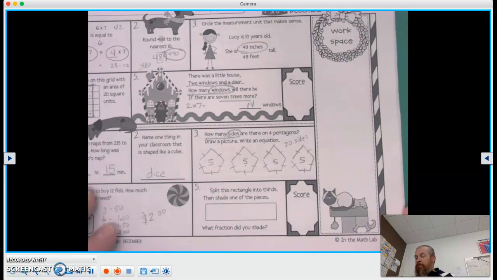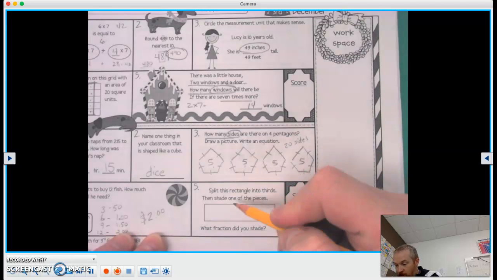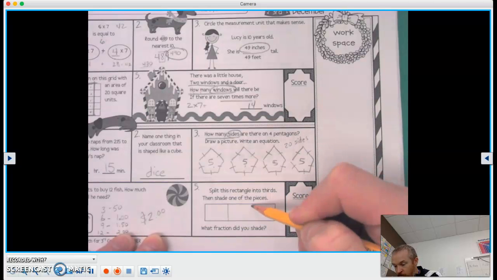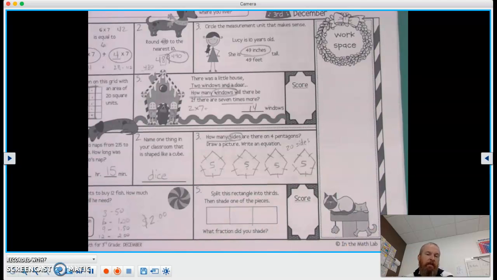And here we are. Split this rectangle into thirds, then shade one of the pieces. What fraction? Fractions? Are you kidding me? What fraction did you shade? So let's go. There we go. We have 3 equal pieces. It doesn't have to be perfect, but I'm pretty close. They're almost the same size, right? We'll just pretend they are. So we have 3 equal pieces. That's